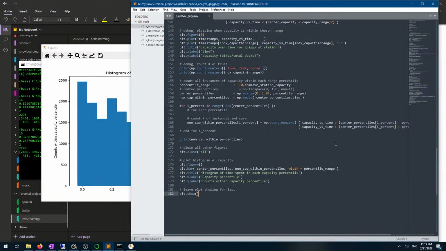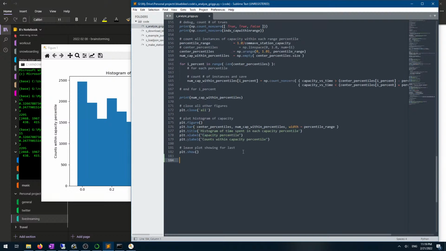So that is what I think I will want to work on today, and I'll just be continuing with the same script again. Just going to do a little bit of brainstorming of what I want to do. So basically, I was able to count the number of instances here when the station was within a certain percentile range. I think what I want to do now, well, I need to figure out,